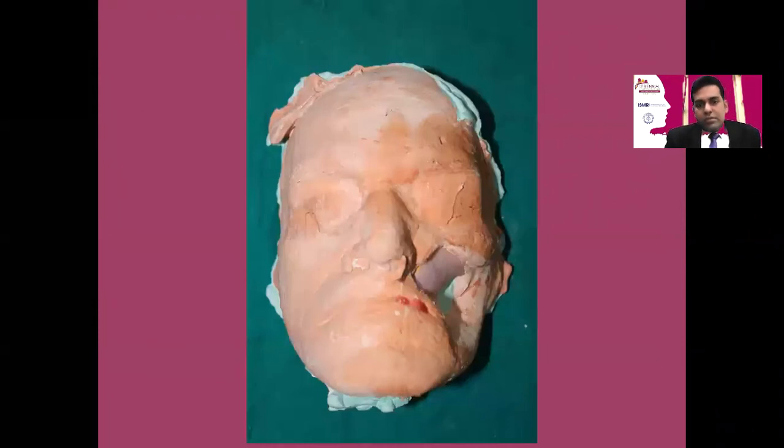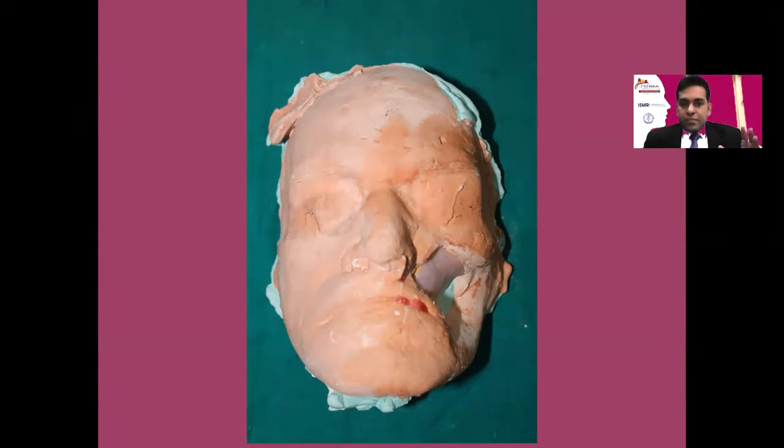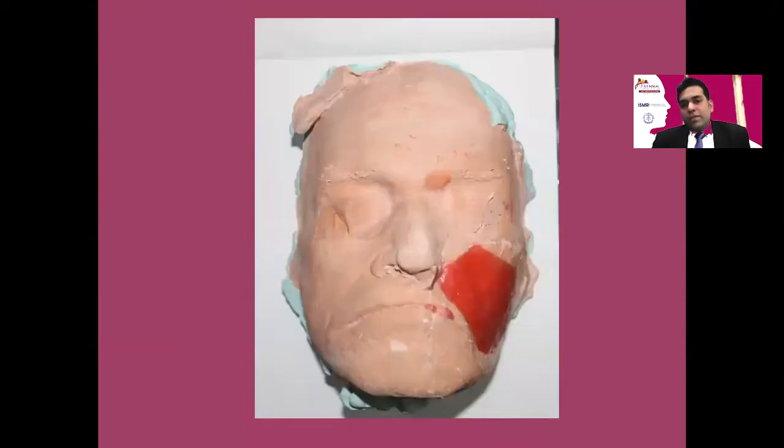So this is one of the facial moulage we had prepared, and this moulage will be used for fabrication of this facial prosthesis. Now here you can see that the patient is having a defect on the left side of jaw, that is in the buccal region, and then we have to fabricate a prosthesis to mask this defect. So you can fabricate the sculpture with the help of modeling wax.